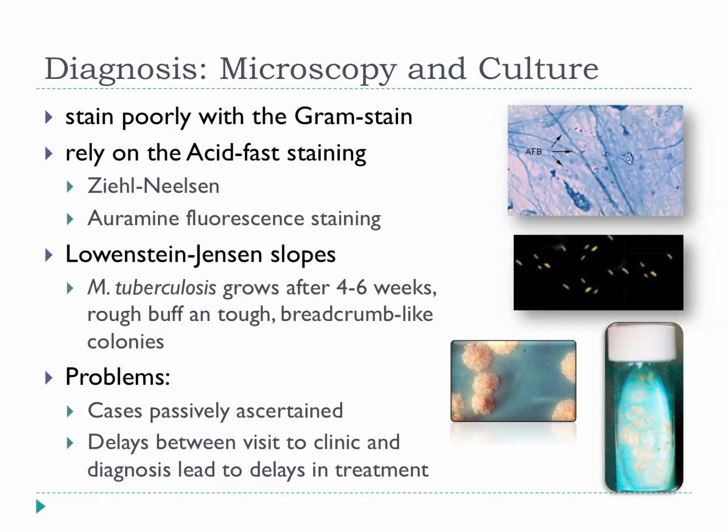In terms of diagnosis, focusing now on microscopy and culture, to say they stain very poorly with the Gram stain, so we rely on this acid-fast staining. There are 2 basic methods. One is the classical approach, pioneered by 2 guys called Ziehl and Neelsen, where you stain up, like in this top one here, and you can see the TB there, these TB bacilli, these kind of purple rods there. It's this kind of bluish background.